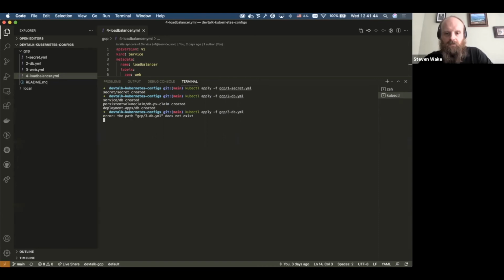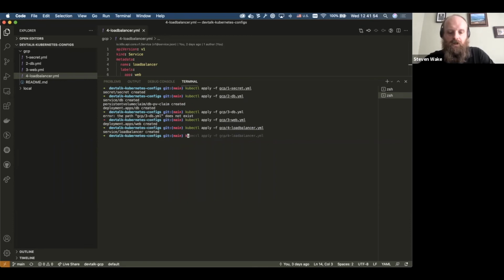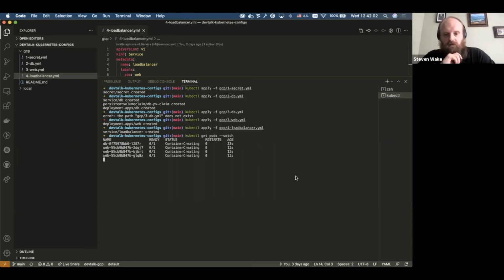So then if we use the tool to get pods, and we'll watch it. Just wait a couple of seconds to see if it's behaving. Did it quite quickly earlier.